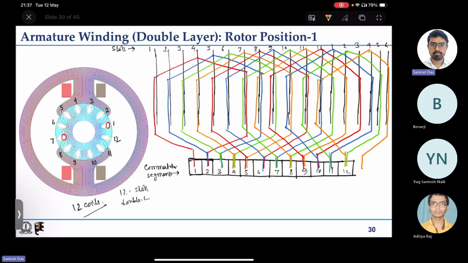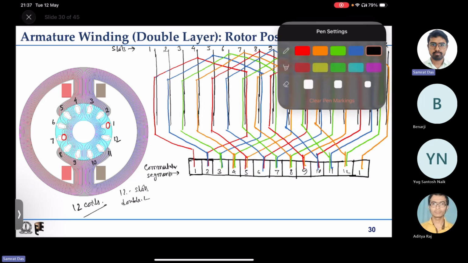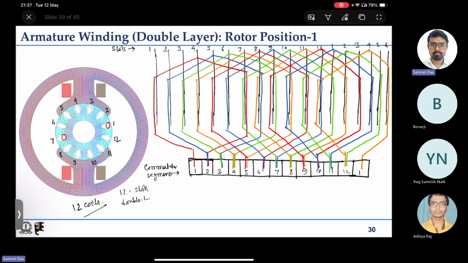I have to put that segment number 1, right? So this is your double layer winding for the armature. Now we have to put the brush. So here the brush position will be like this, one brush will be touching the segment number 1, another one